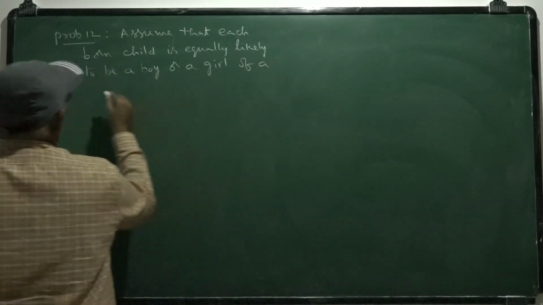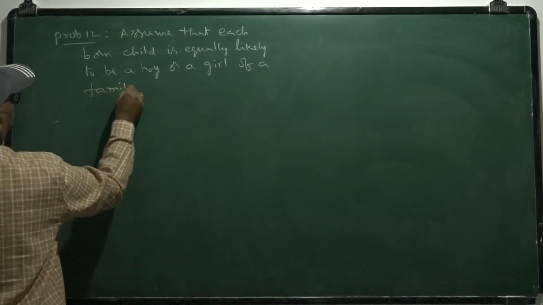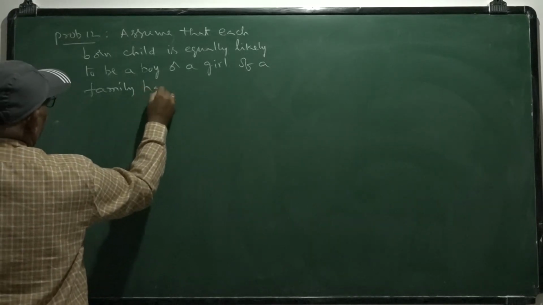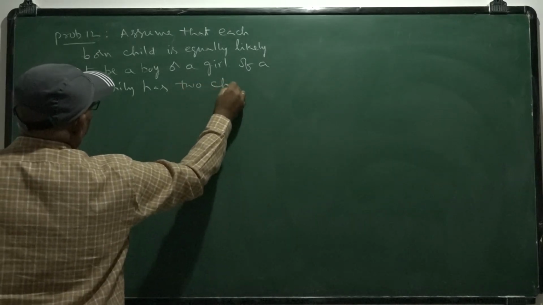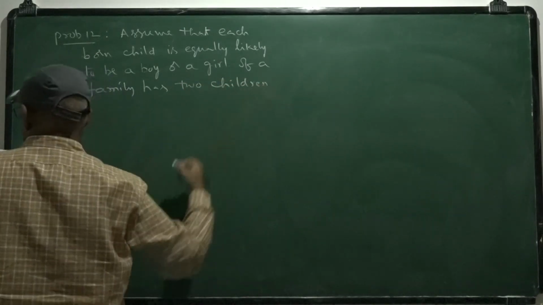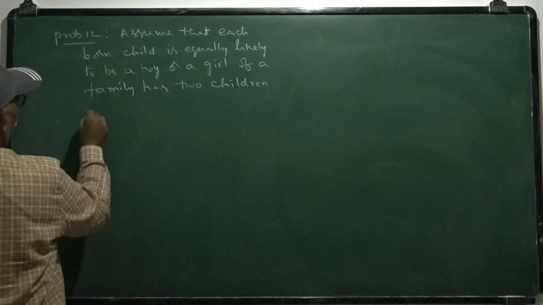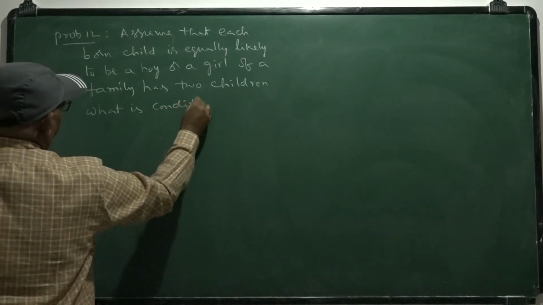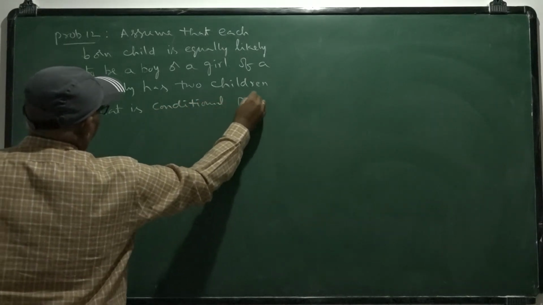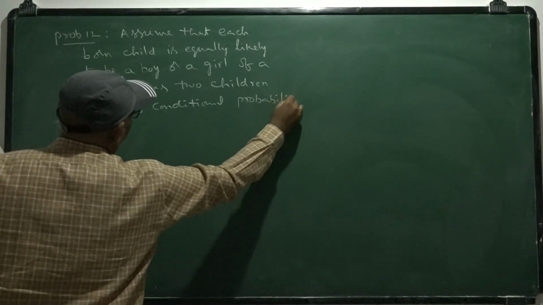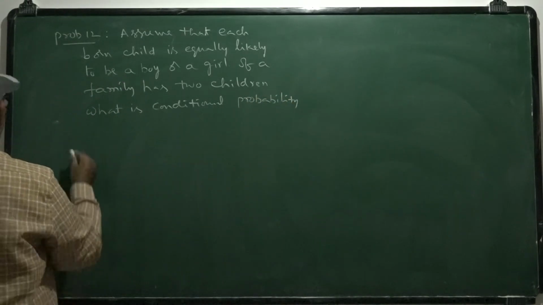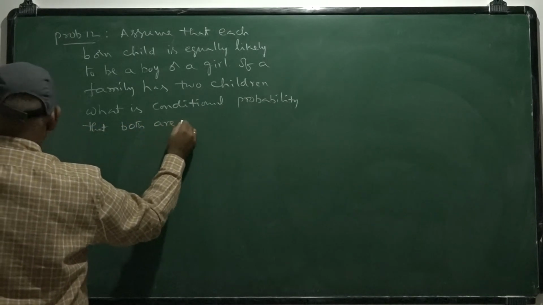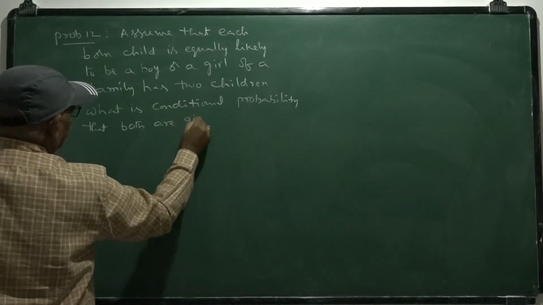If a family has two children, what is the conditional probability that both are girls,